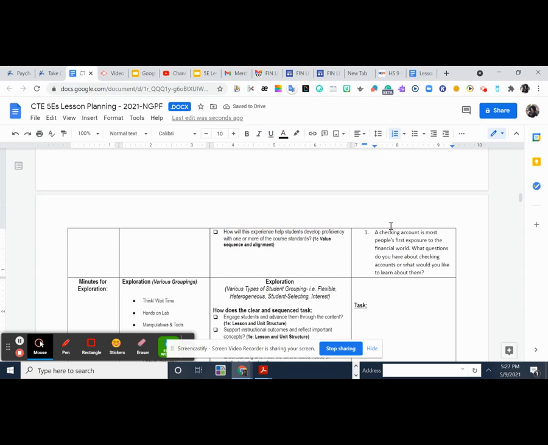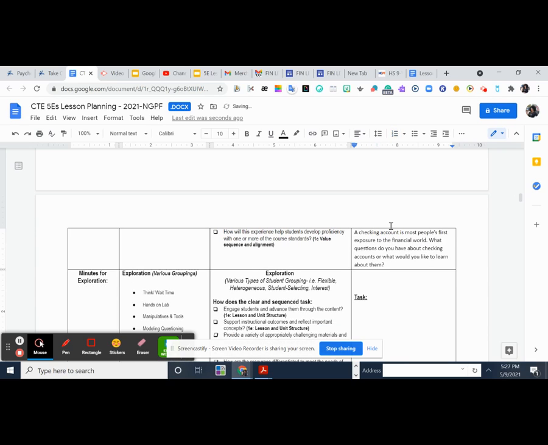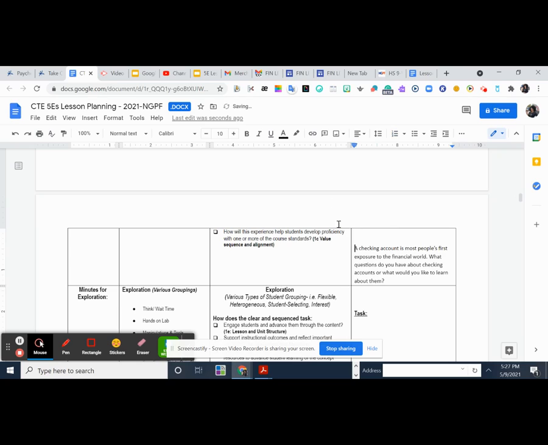Now I'm going to take a look at this question and determine what kind of question this is as far as depth of knowledge. So a checking account is most people's first exposure to the financial world. What questions do you have about checking accounts, or what would you like to learn about them? And so I honestly have to say that this particular question would be possibly a 2 or a 3, because